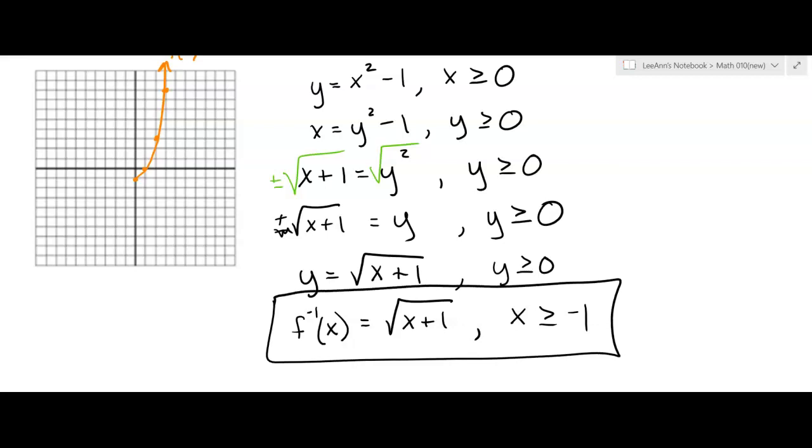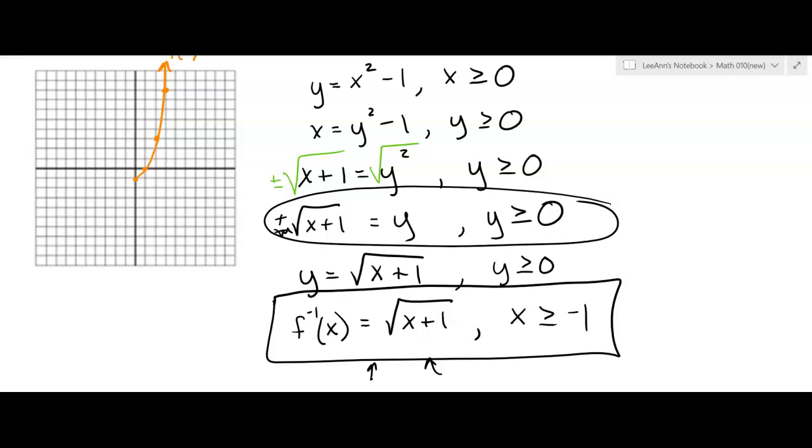It doesn't do me any good to have a y restriction because I don't have a y anymore in my equation. So I've got the inverse notation in terms of x. I've restricted x based on what we know about a square root function, that it has to have a positive argument that you're taking the square root of. So x has to be greater than or equal to -1. We know it's going to be the positive case based on our restriction right here. When we did that, we said, oh, it's got to be the positive case and not the negative